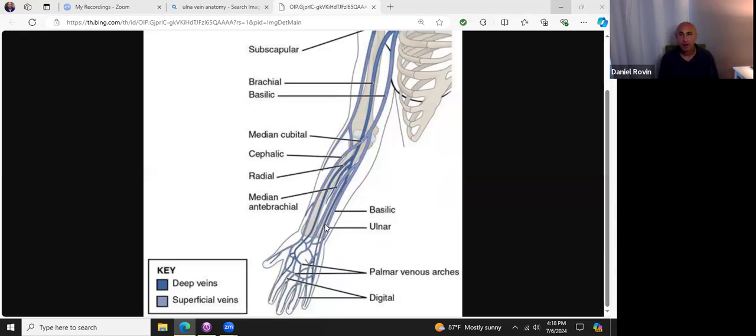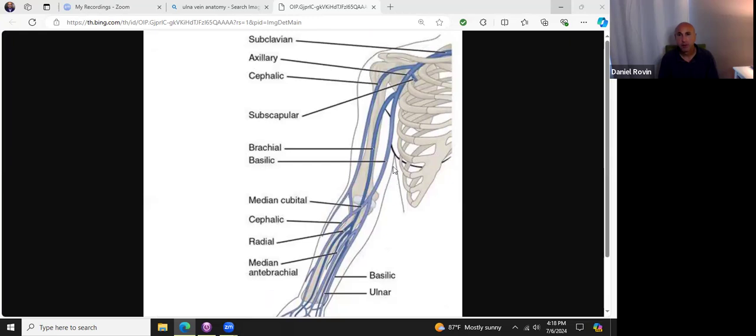If the vein is running along the ulna, we're going to call it the ulnar vein, assuming it's deep. If it's running along the radius, it's called the radial vein, assuming it's deep. Just for labeling purposes, if you see three veins, the middle of the three is brachial, the outer of the three is going over the biceps, which is why it's cephalic,